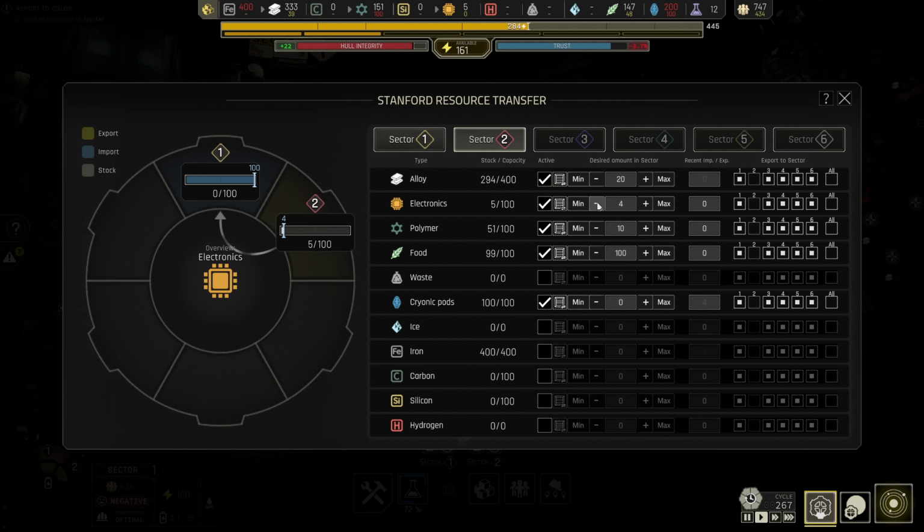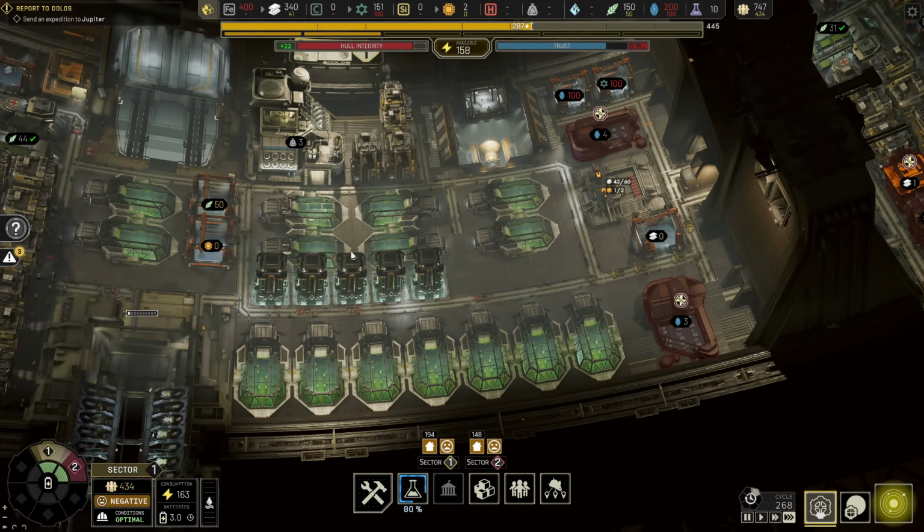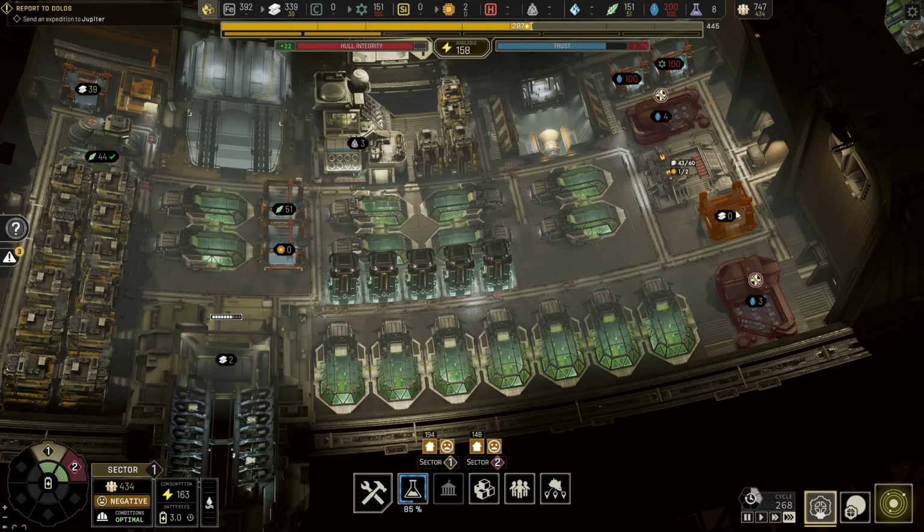We don't have many microchips, so I'm going to set this to very low, and set this to not 100. Not 100, just 1. I just need 1 microchip in this sector so we can actually get this thing built. Alright,